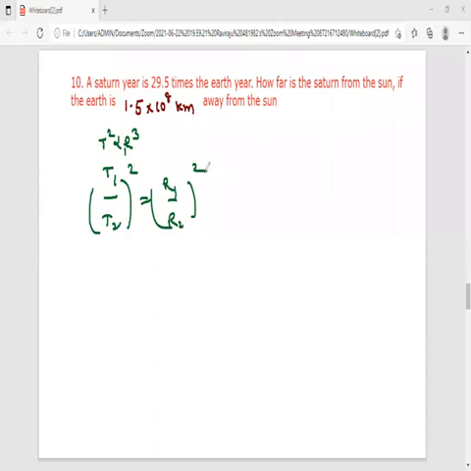Let me consider the first case is for Earth and second case is for Saturn only. For Earth, the time period will be, for example, T. For Saturn, how much it will be then? It was given 29.5 times only, na? So that it will be 29.5 T only, whole square equal to